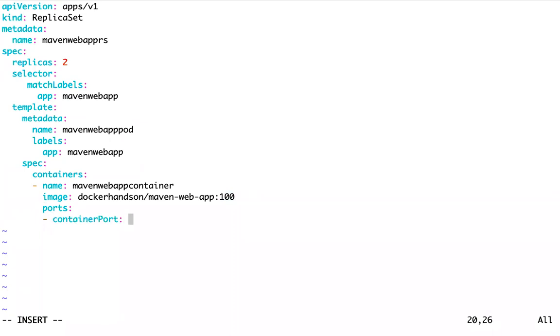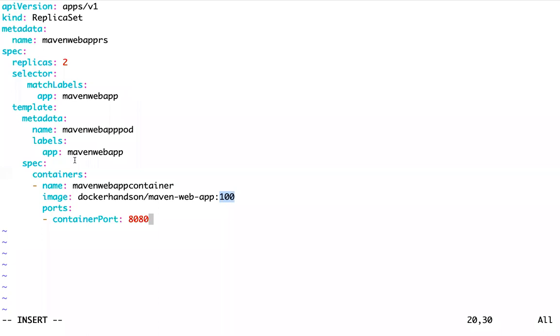Container port 8080. Yesterday a few people were getting that image pull back-off error. Why do we get that error? Because if you give an image and a tag which doesn't exist, when I try to create a pod, the scheduler will try to schedule this pod.